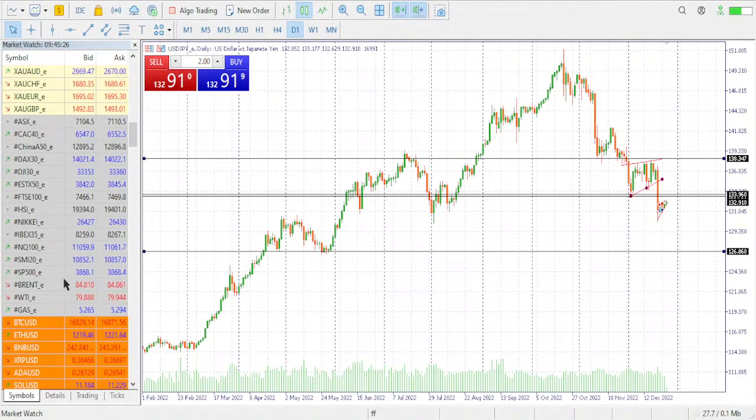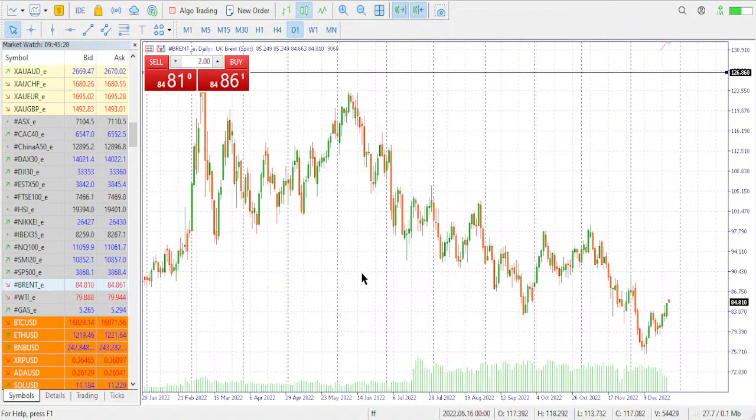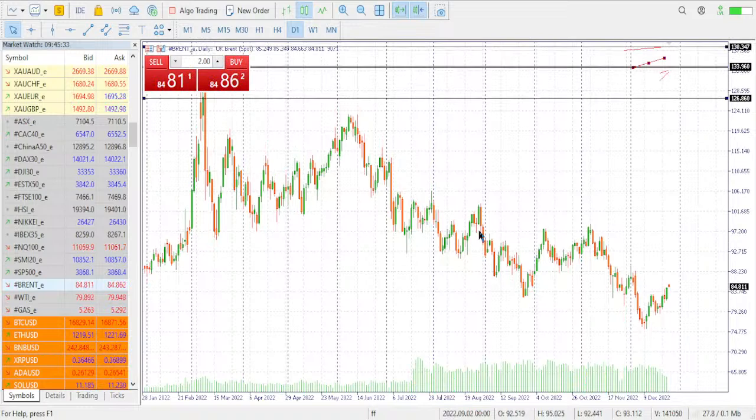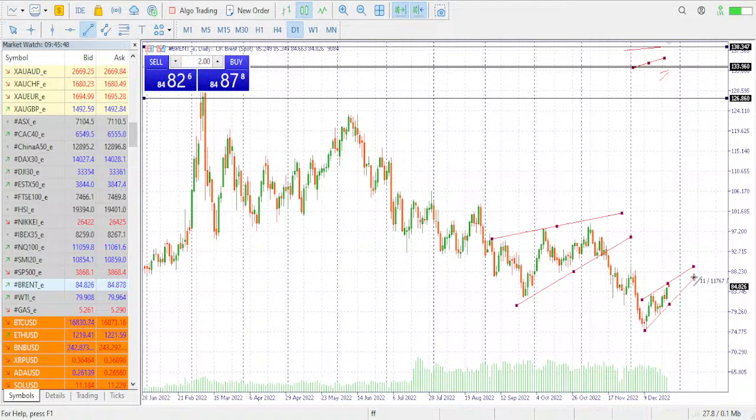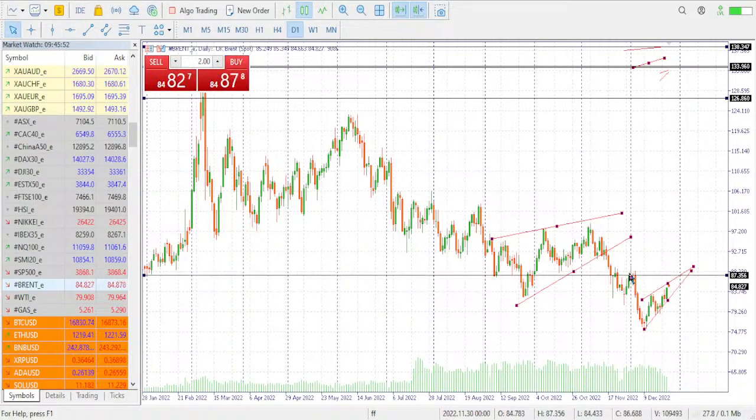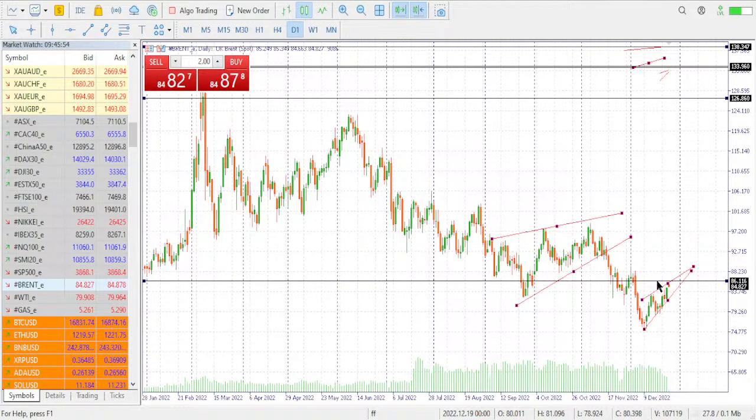The next chart is the Brent oil. This is also heading to the upper side. We had a shape which formed previously. There's another one currently forming. This is a converging wedge formation. We have another converging wedge formation. So as it is right now, expect that the buyers